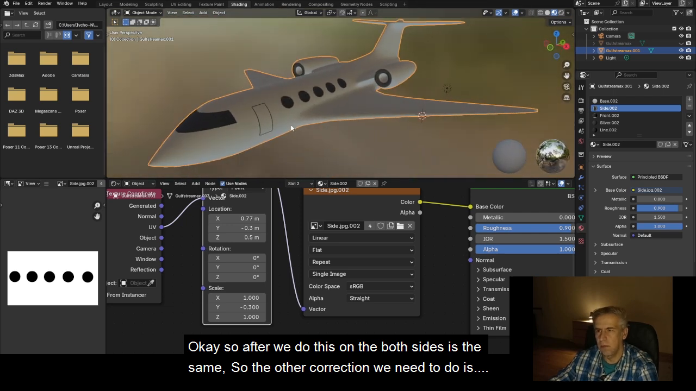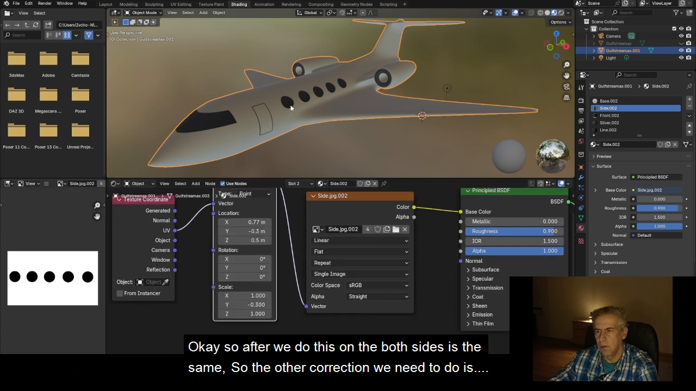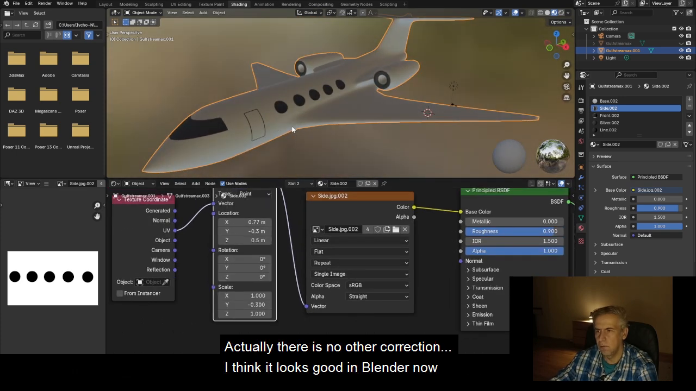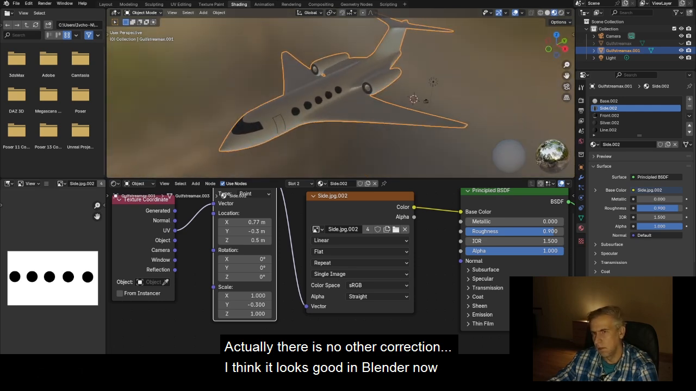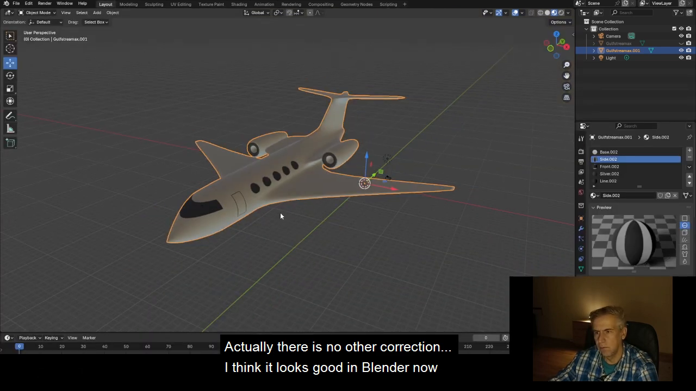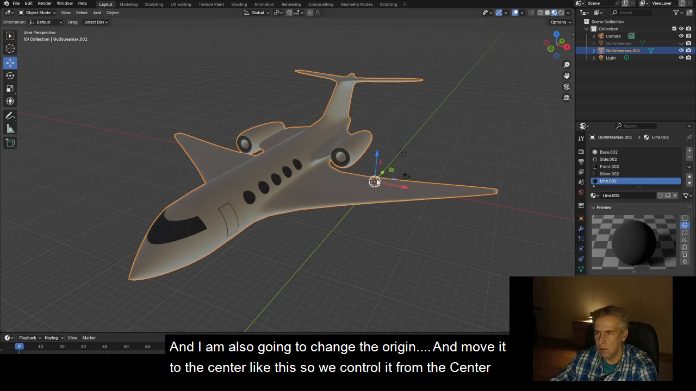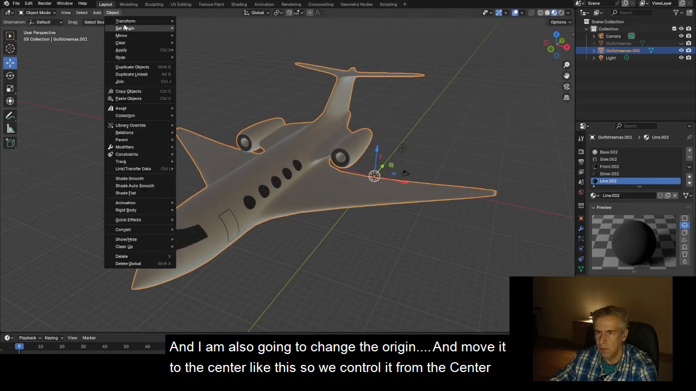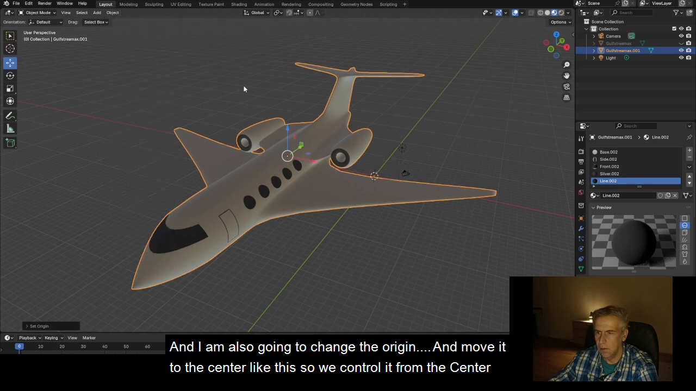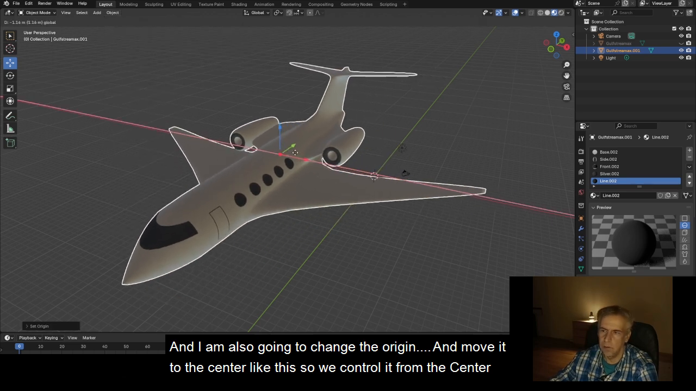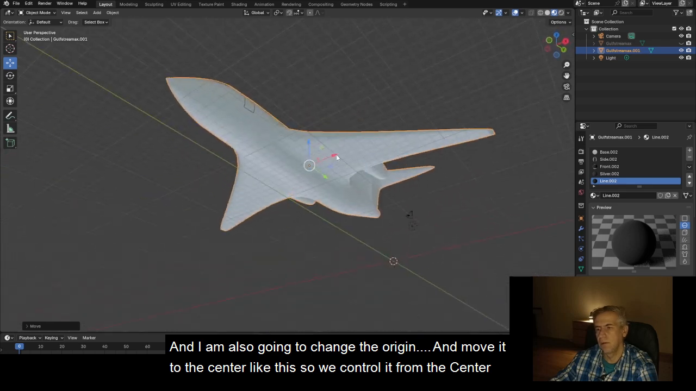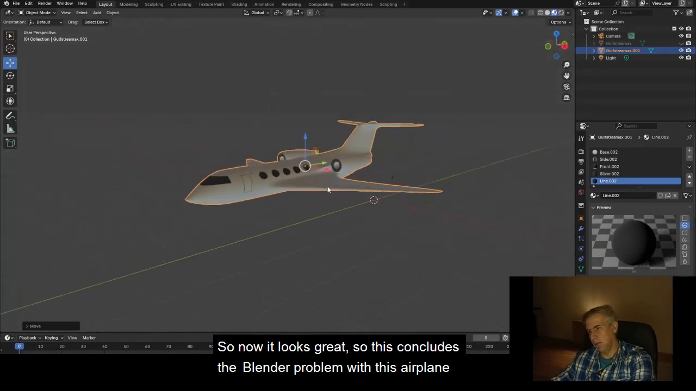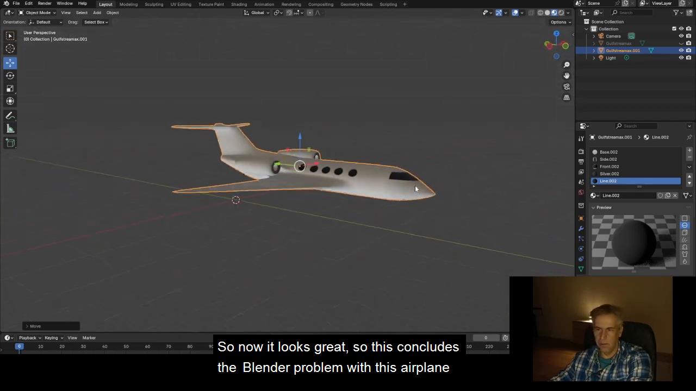So the other correction we need to do is, yeah, actually there is no other correction. I think it looks good in Blender now. And I'm also going to change the origin and move it to the center like this, so we control the airplane from the center. So now it looks great. So I think this concludes the Blender